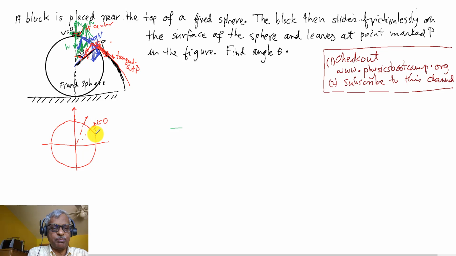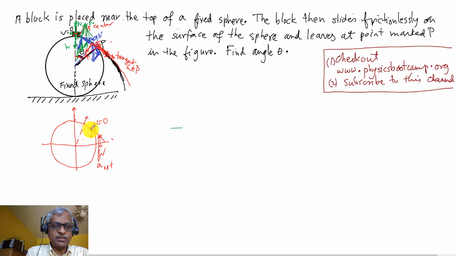So that's point P, normal is zero. From that point onward, the acceleration is straight down because there's only one force, the force of gravity. The weight is the only force, so that's the direction of the net acceleration. Okay,